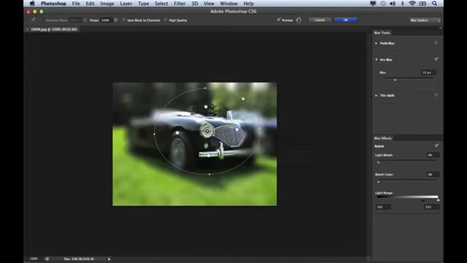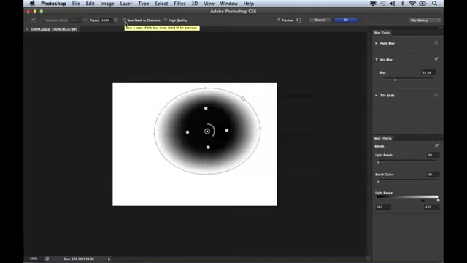And you can also move these independently by holding down the Alt key on Windows, Option on the Mac, and now I can move this one separate from the other three. Now, something else that you can do with the iris blur is you can save the mask to a channel if you want to do that. If you press and hold the M key on your keyboard, you'll see that mask. If that's something that you want to save as an alpha channel, you have that ability by selecting this option here. I'm just going to let go of the M key on the keyboard